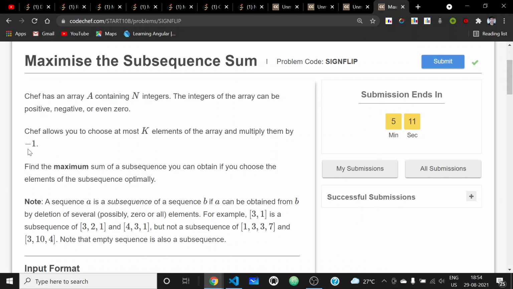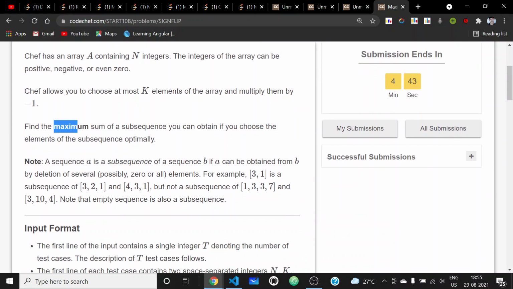By lowest I mean we will be choosing -10 instead of -7, because -10 multiplied with -1 will give us 10, and -7 multiplied with -1 will give us 7. So basically we will be sorting these negative numbers in ascending order, choosing the first k elements out of them for multiplying with -1, and then adding them to the sum.